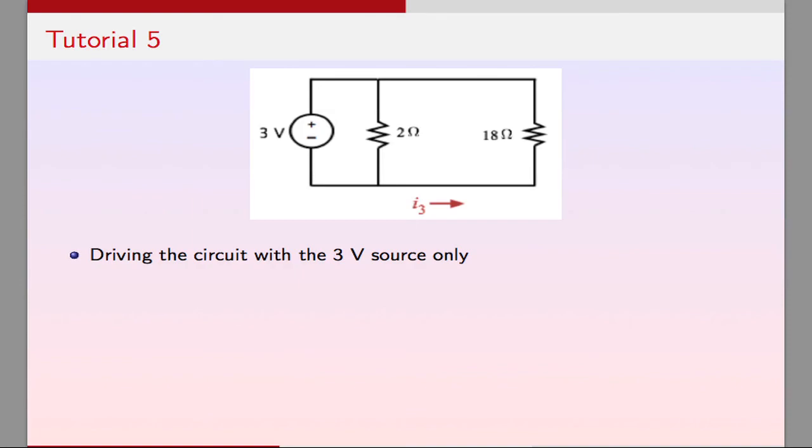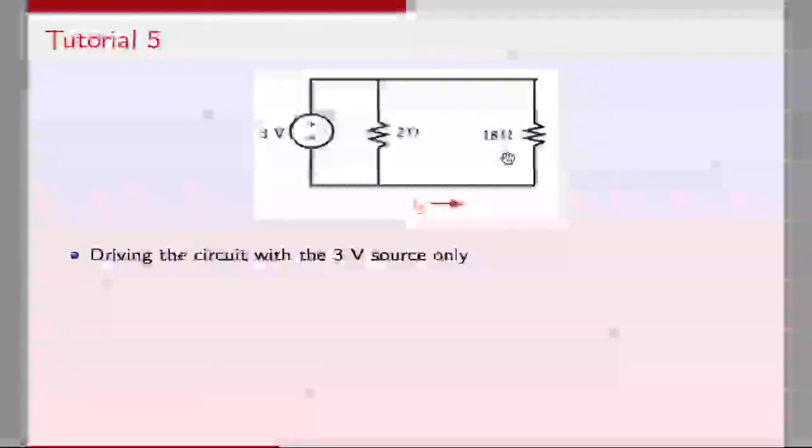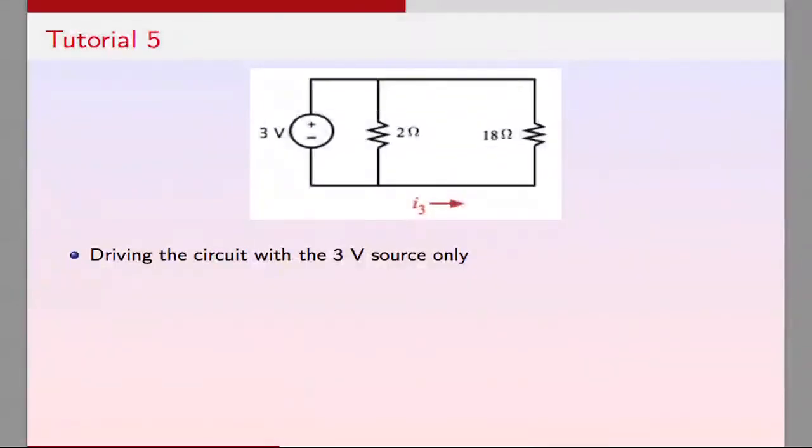So this is our 2 ohms, and this is the equivalent resistance for the series resistors. And now we can easily find I3 from Ohm's law, and I3 is equal to negative